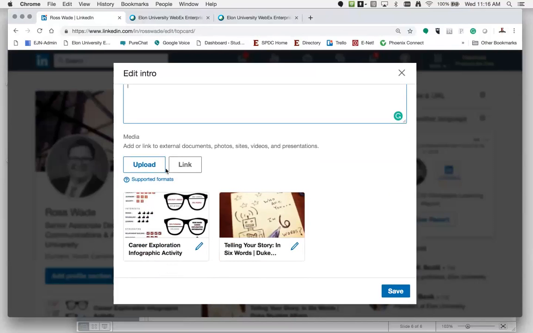Another really great feature about LinkedIn is that you can upload media. And so if you work in visual arts or even research, or if you're a writer and write manuscripts, or you're a technical writer, you can upload your work to your profile. And so this could be a video, it could be an infographic, it could be a white paper, it could be a lot of different things, but it gives your profile an opportunity to be more of a portfolio.